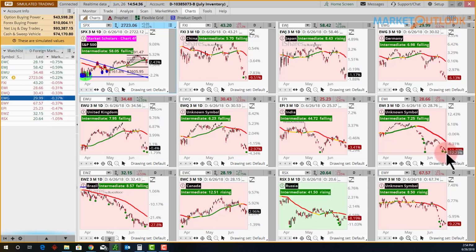We did get one on Italy and France. So this is EWQ, that would be France. EWI would be Italy. I know we haven't updated these labels yet, but we will. So you got oversold clusters there. You got an oversold cluster on the UK as well. I mean, they are sharply below moving averages. Germany was too at its low point. So they've been pretty darn bearish here.